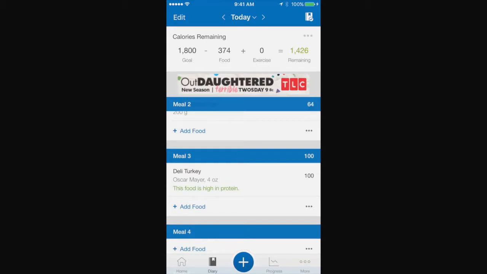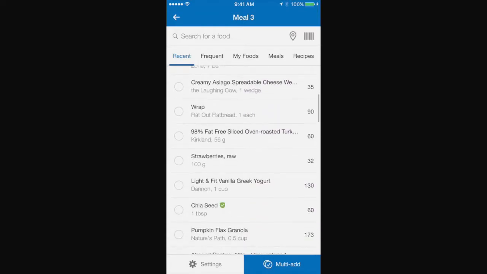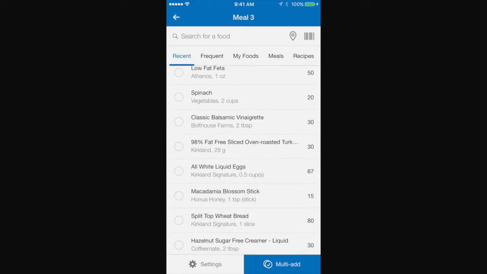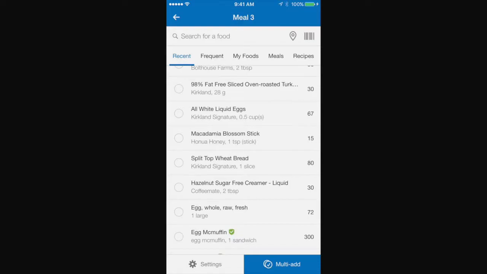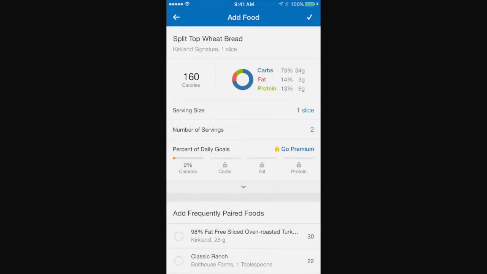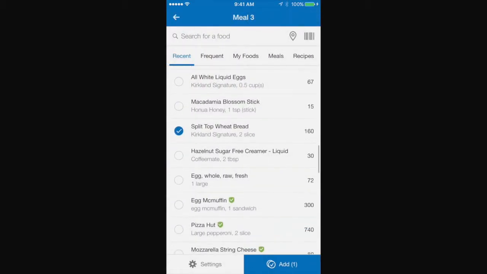Okay? Let's say then you go for your bread. Eventually, once you have everything in there, you can just scroll through and you can pick out your recent ones. Okay? I use split top wheat bread from Costco, and 1 slice is a serving. So if I have a sandwich, I have 2 slices. Update to 2, hit the check mark, and then let's say I want to put